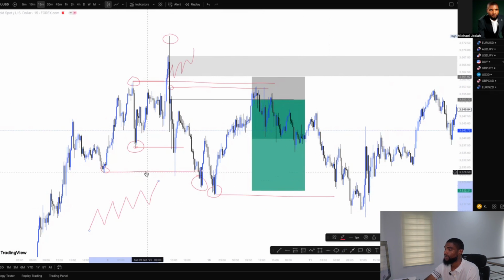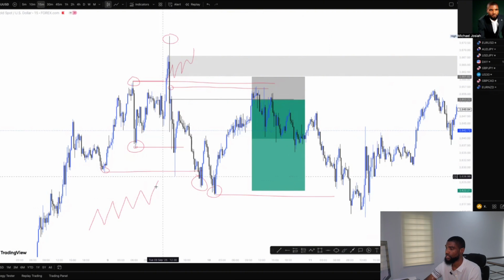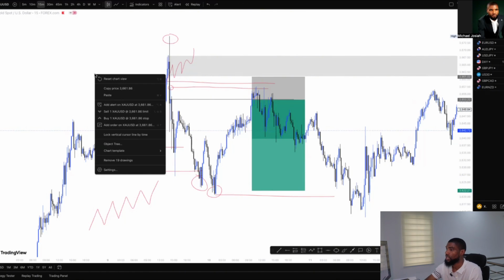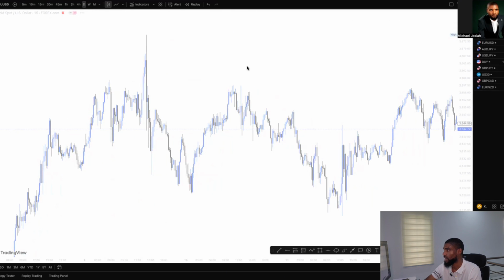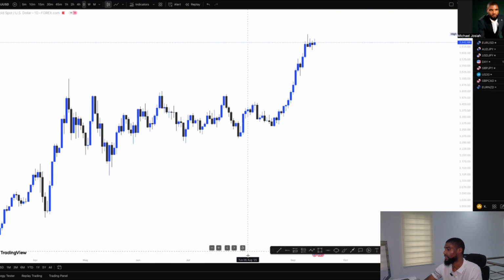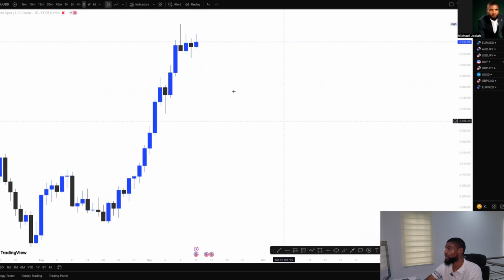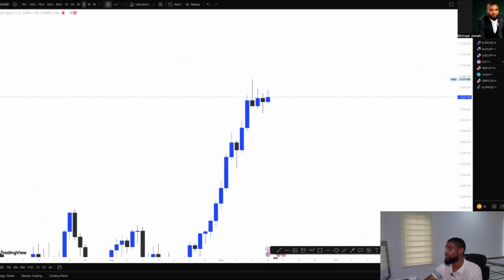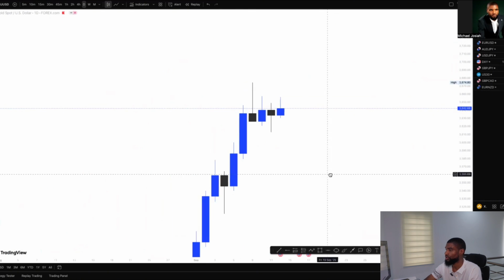Okay. So now another way to do this is if you are trading on the higher time frame, maybe you are coming from the daily time frame down to the 15 minutes time frame. Another way I can show you how to do this on the daily time frame is very, very simple. Here on the daily time frame, we understand that the market is still very much bullish and it has not really printed a lot of candles to give us good structure and also